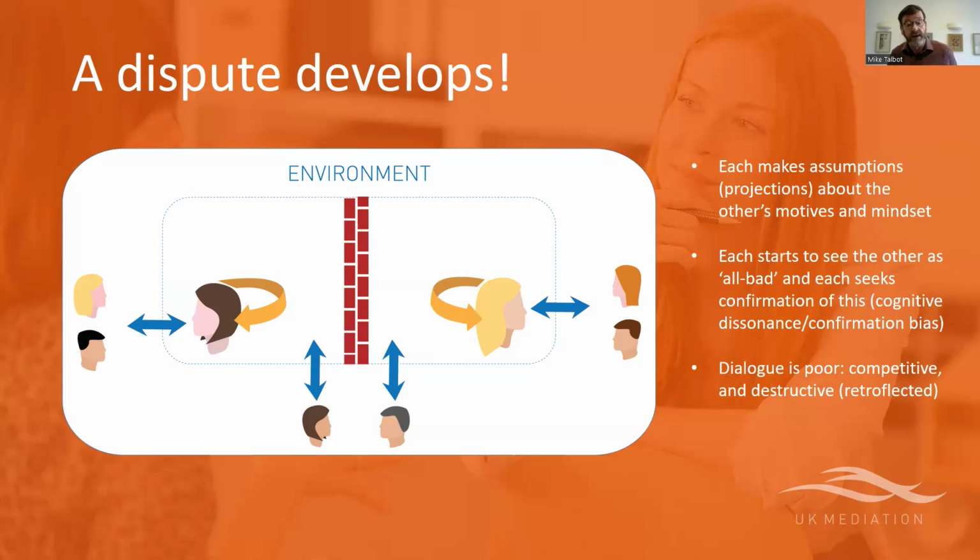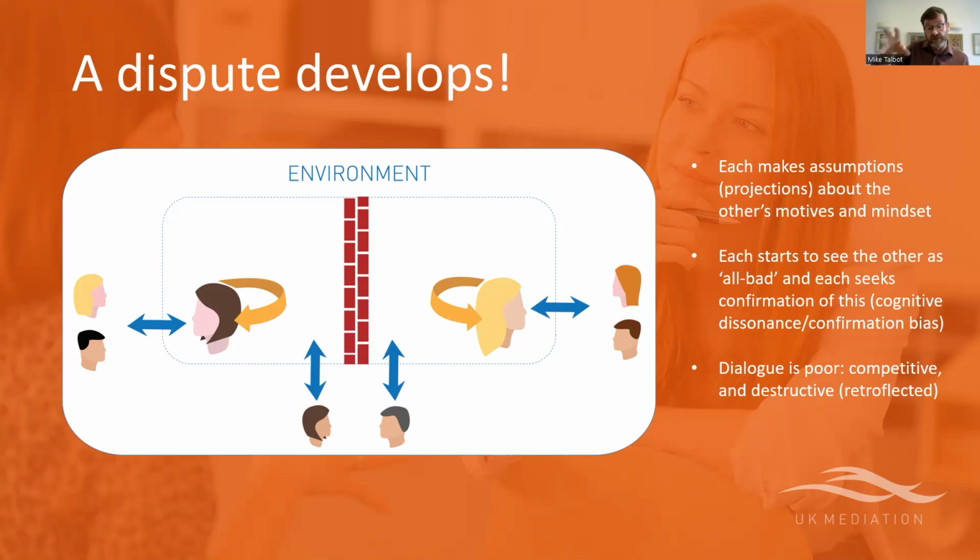The other jargon word here is retroflexion. So we hang on to it. That which should be expressed outward, actually we swallow it down and keep it in. We retroflect it instead of expressing it. Okay. So a bit of a jargon-ridden slide, that one. So the projection is looking at somebody and not seeing them for who they really are, but actually